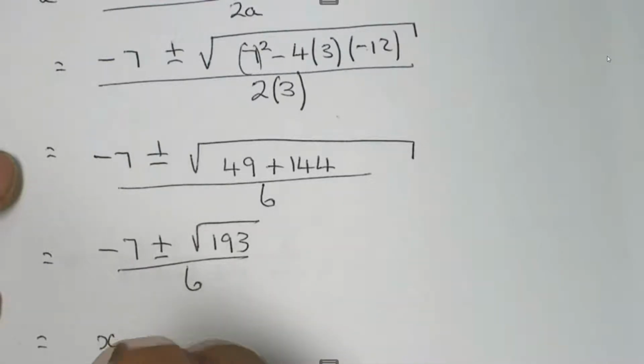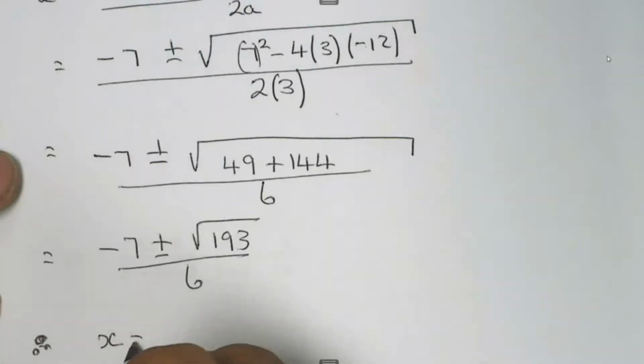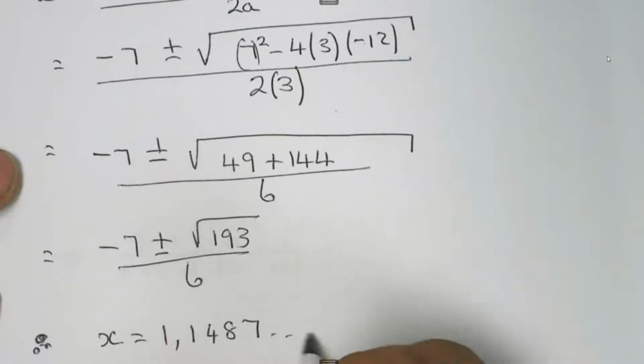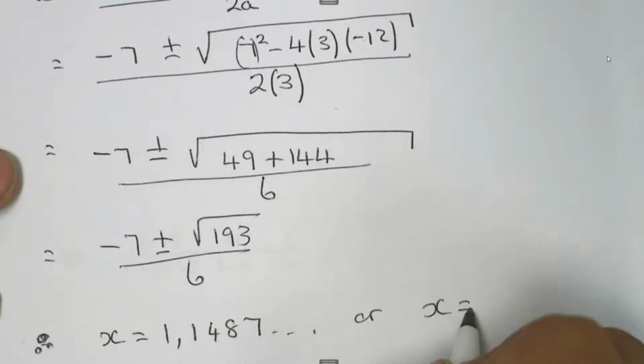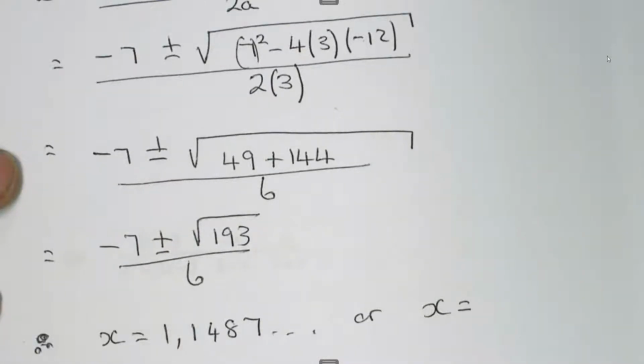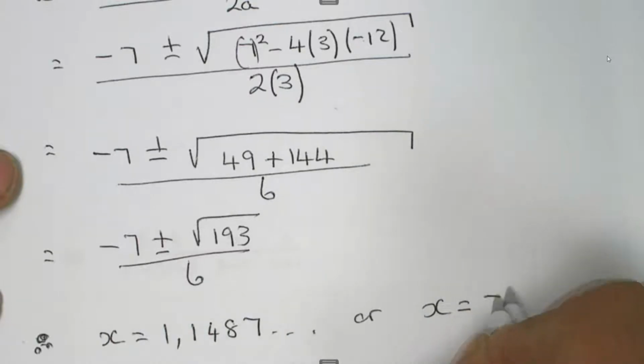So x here is equal to 1,1487, or x is equal to negative 7 minus the square root of 193 equals, divided by 6 equals,